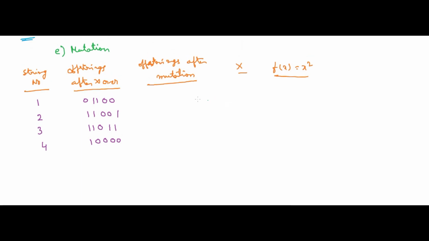Mutation means we need to get the good result. So if I change this 0 into 1, I may not get that much good result. Even this 0 also, and even this 0 also. If I change this 0, this is at a higher level, so I can change this part to get better result. So if I mutate it, mutation means if 0 is there, convert it to 1. That's all. And its value is 26 and f of x is 676.